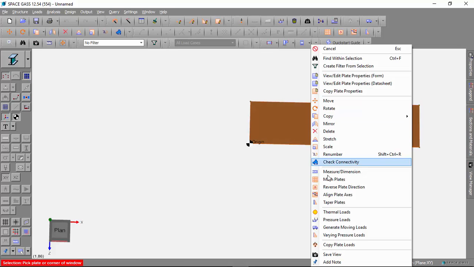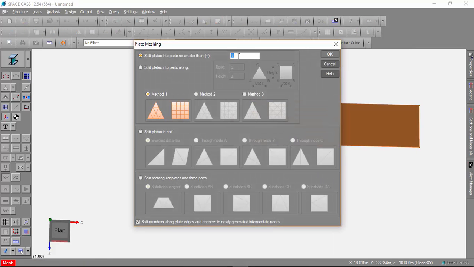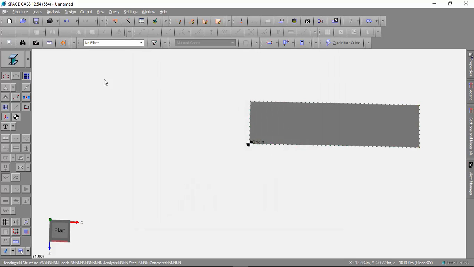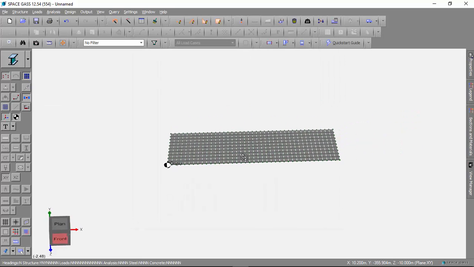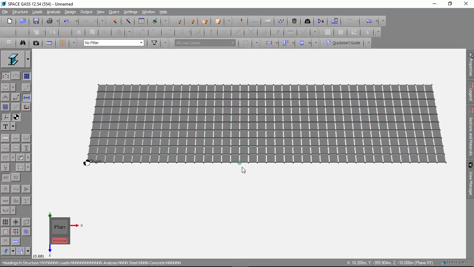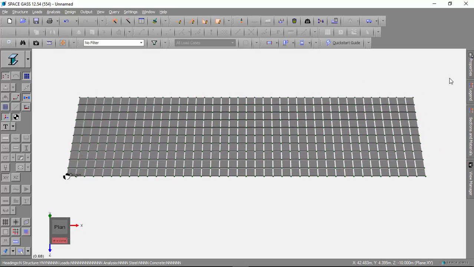And then I'll mesh that down to elements that are, let's say, 1 meter in size. Turn on the gaps so that you can see the elements. And then we'll just do the same as before. So I'll select all of those plates,